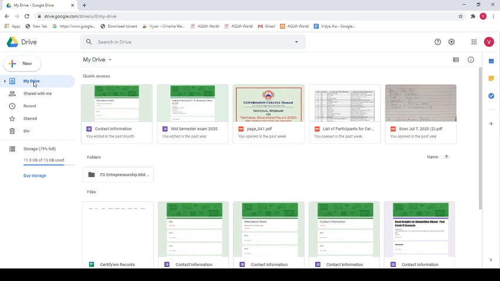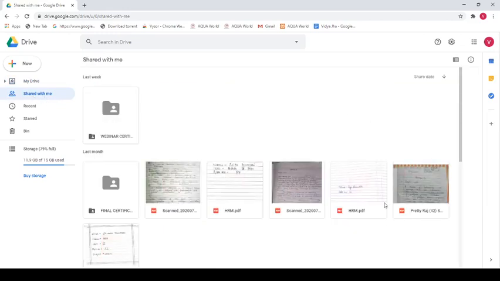As of today, Google Drive is important. Why? Because you go from one place to another, and if it is just on your WhatsApp, the entire things get deleted. So we don't want that, right? What we need to do is all the important things should be stored with us. So there is my drive which shows all the things which you have done. When you go to shared with me, it shows various things which have been shared with you, that is, what other people have sent you.